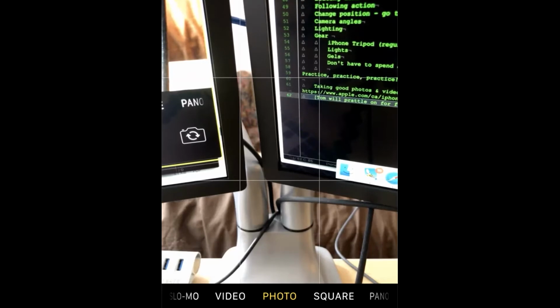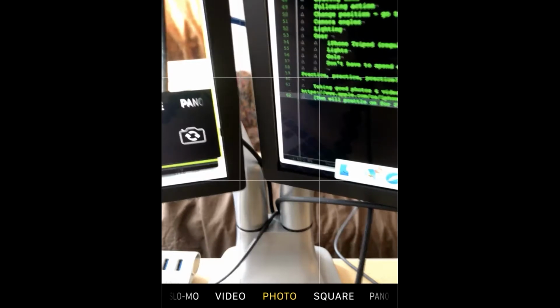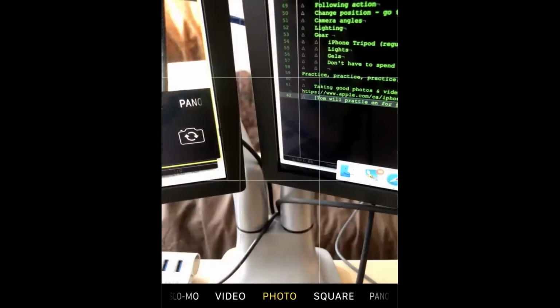Now, another one similar to that: when you're in video mode, you can take a still image. Yes, when you're recording a video, I hit record down here in the bottom corner, and I have the ability to take pictures within that video, and those will be saved as frames afterwards. Both of those, I use the burst mode by accident a lot. I'm trying to frame a picture and I just take 27 pictures and then throw away most of them afterwards.